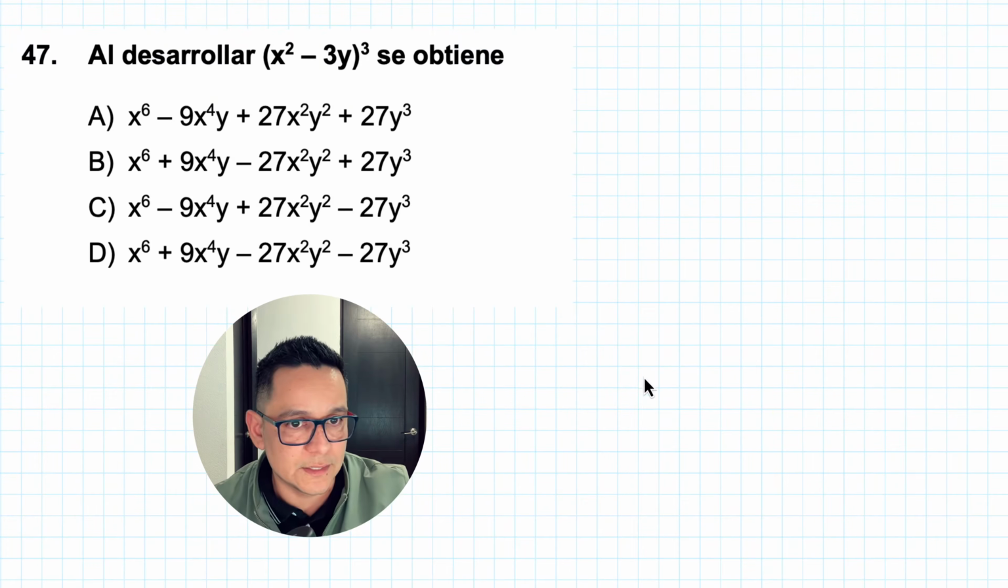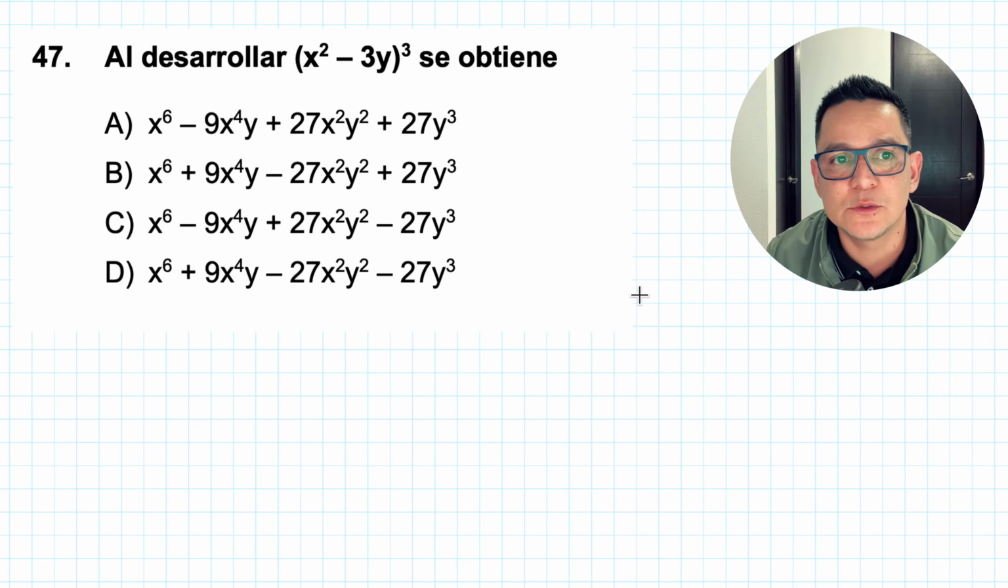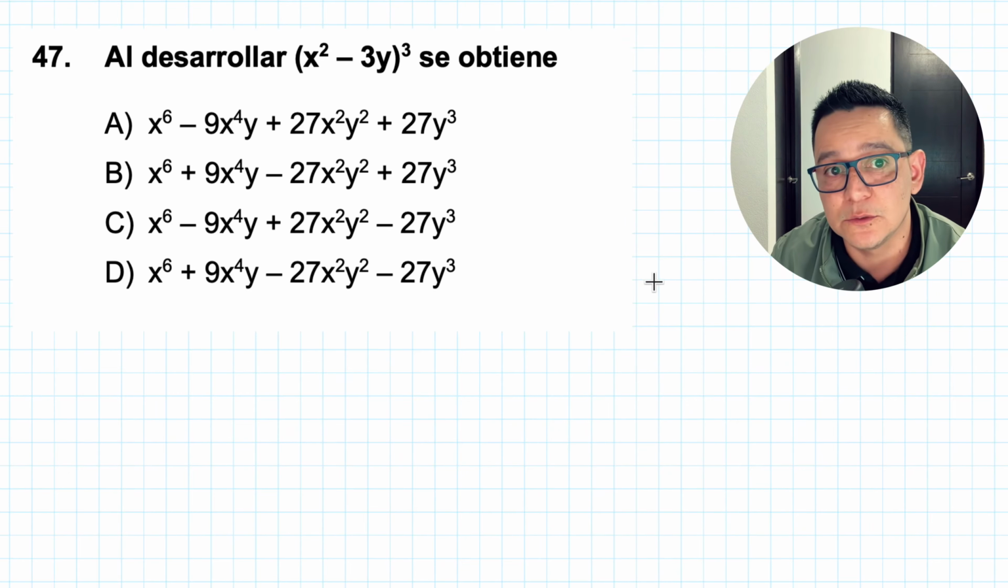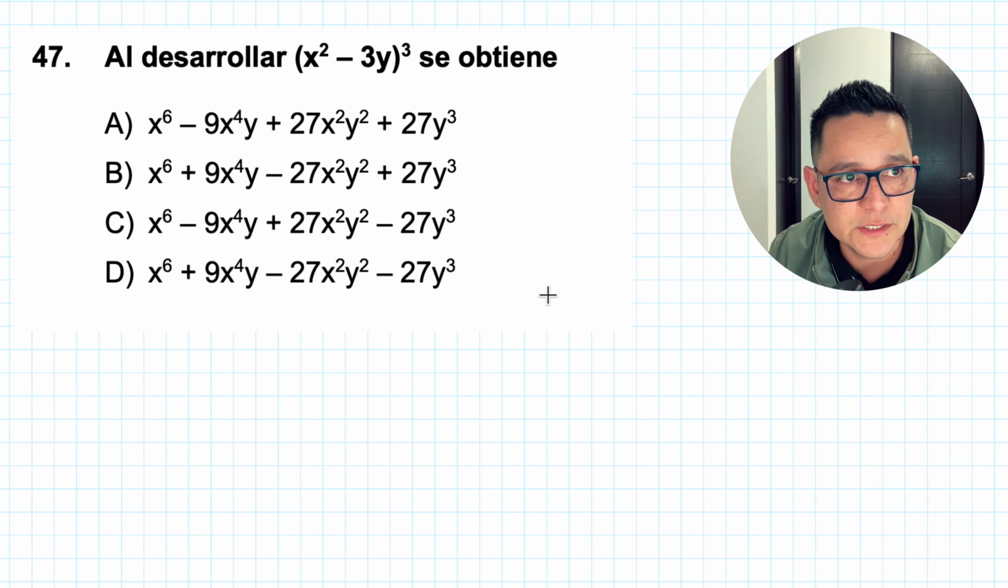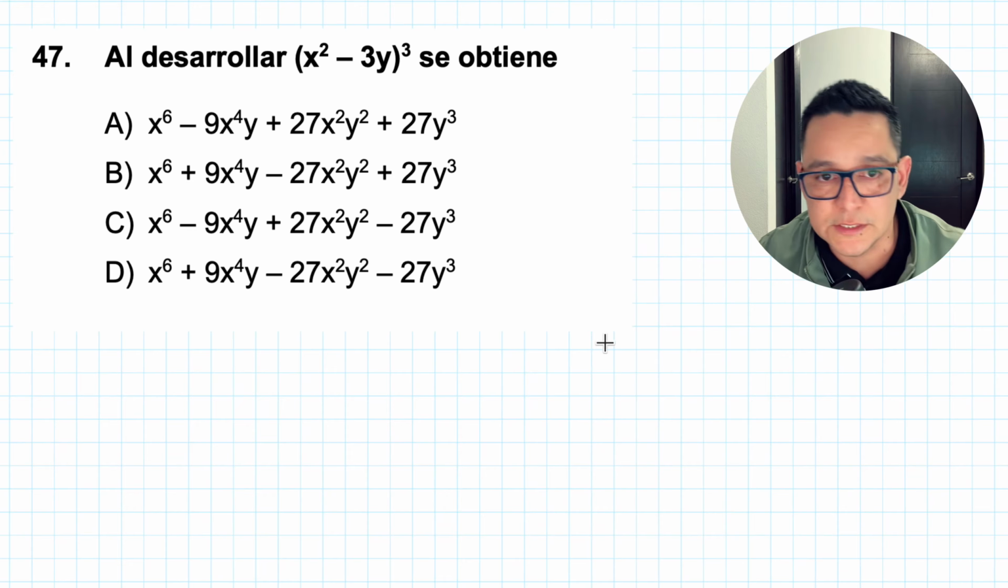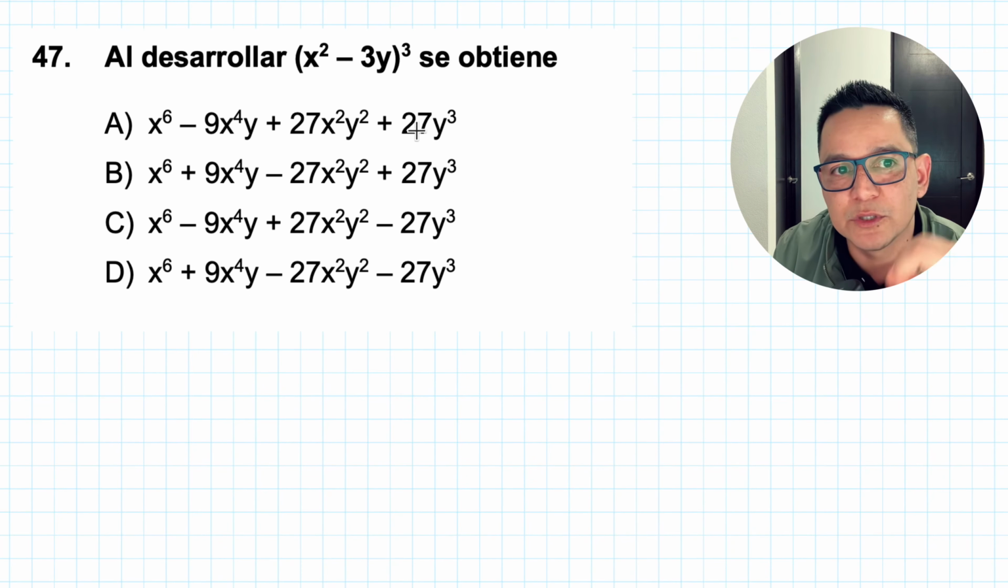Exercise 47 says, when expanding (x² − 3)³, we get, and they also give us 4 possible answer choices. Look, this one can really be answered super quickly, because you should remember that when we have a binomial, whether